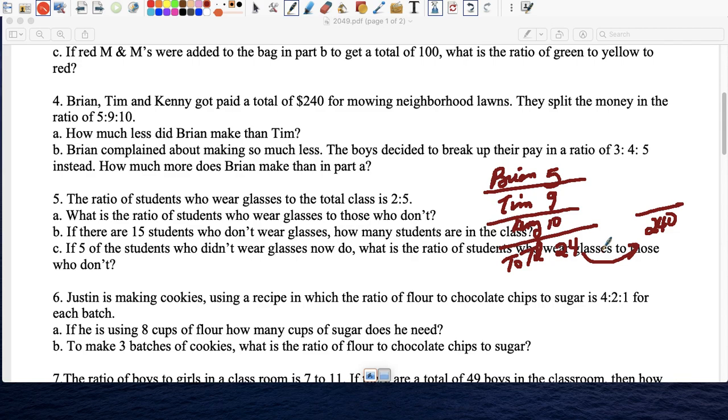Well, you see that relationship is times 10. So everything is going to be times 10. That means that when you have $240, Brian, I'm going to use B, is going to make 50. Tim is going to make 90. And Kenny is going to make 100. So if you add those up, do you get 240? Yes,